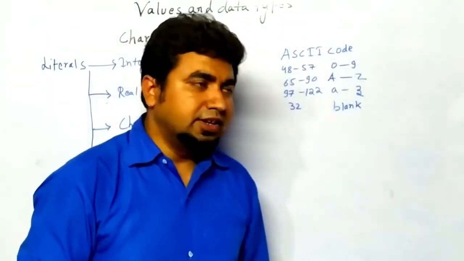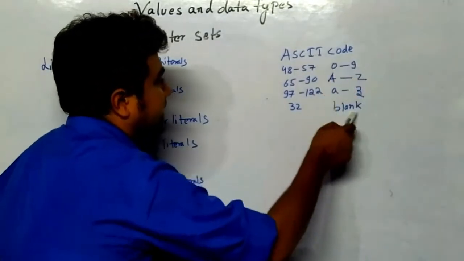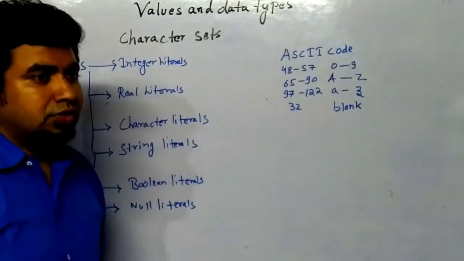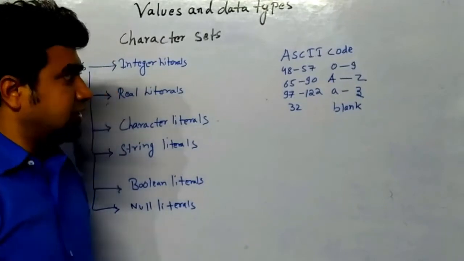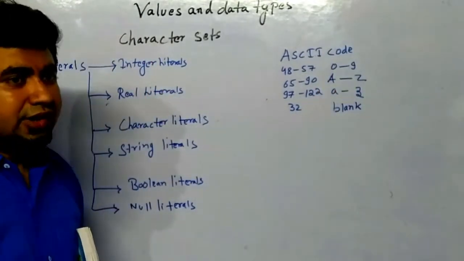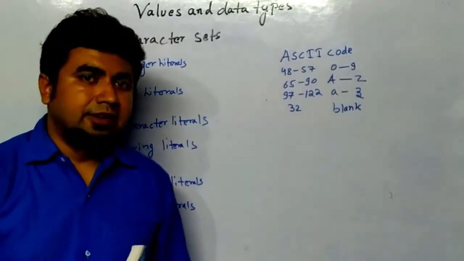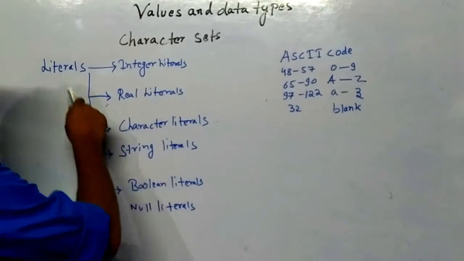So you can see clearly that these are the ASCII values, and these are the characters which the computer does not understand. Now you might think these are also numbers, but I am telling you about these as characters. I will be explaining here how they can be characters. In the next part, that is literals.